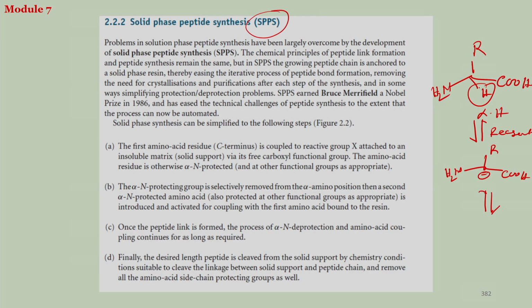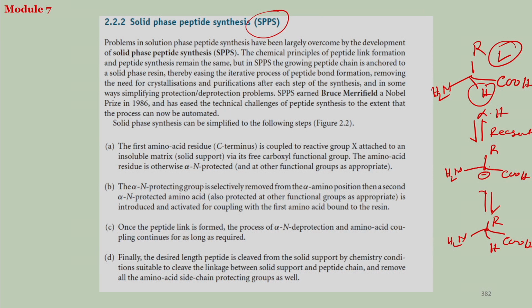So, it will come back to this phase. It will take up the proton back and will give you the amino acid, but in the meantime it changes its configuration. If this is of L configuration,